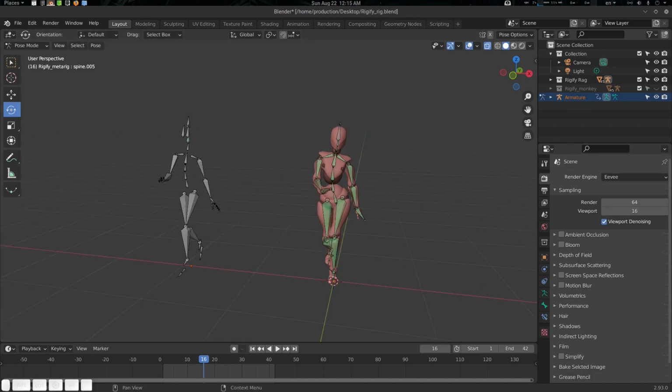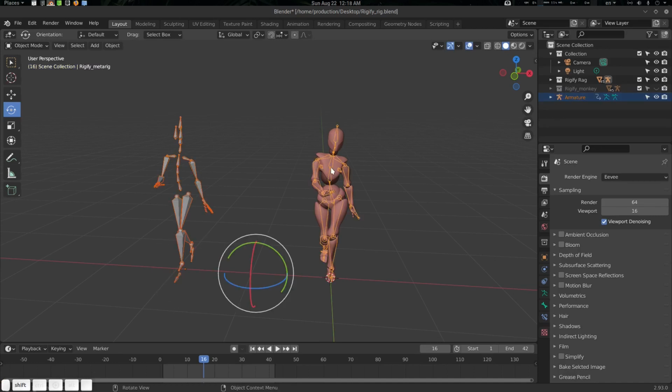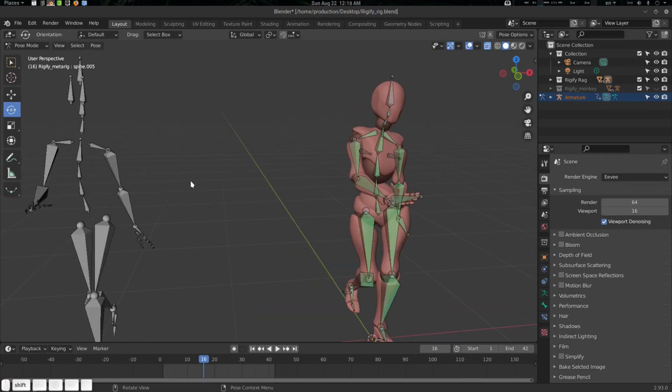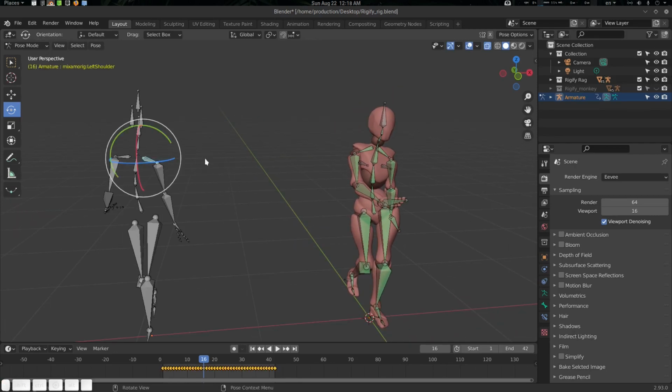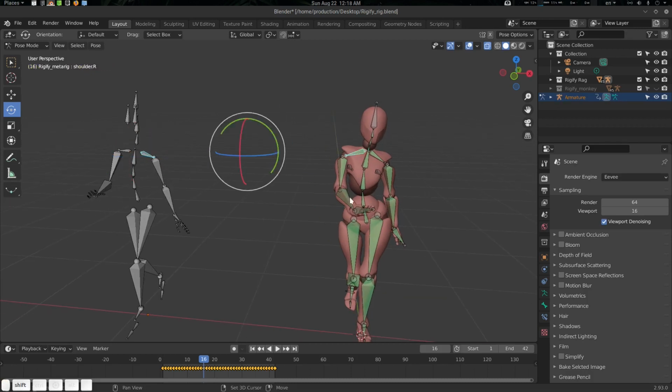To create a preset, just select this and then select this, and go to pose mode. What you need to do is pretty much the same. Just select any bone from your target armature and select any bone from your source armature, that is the Rigify armature.